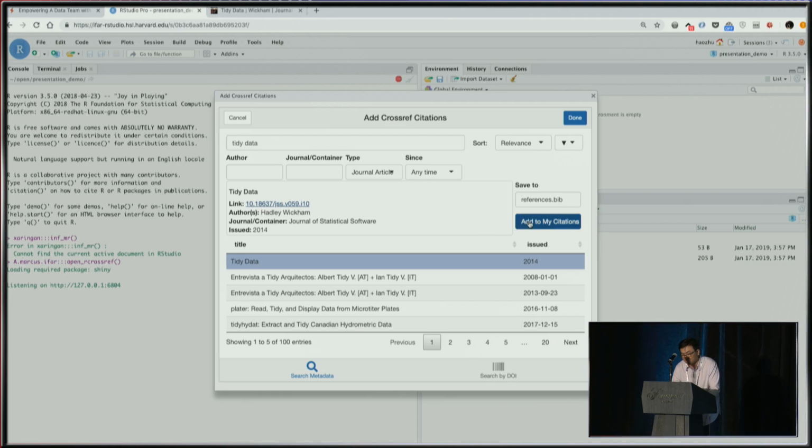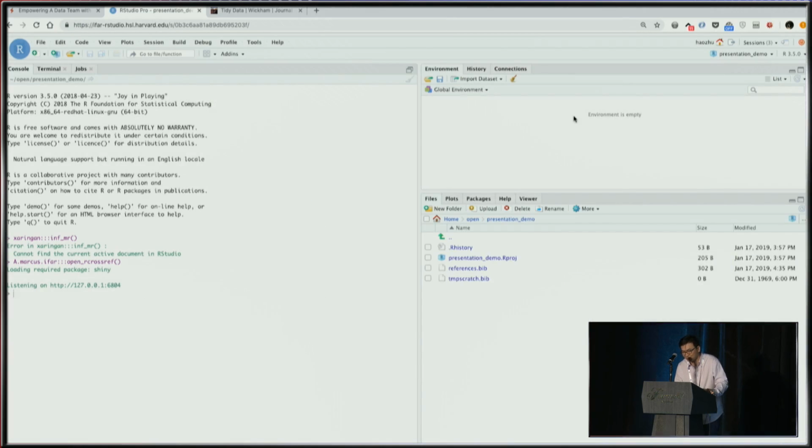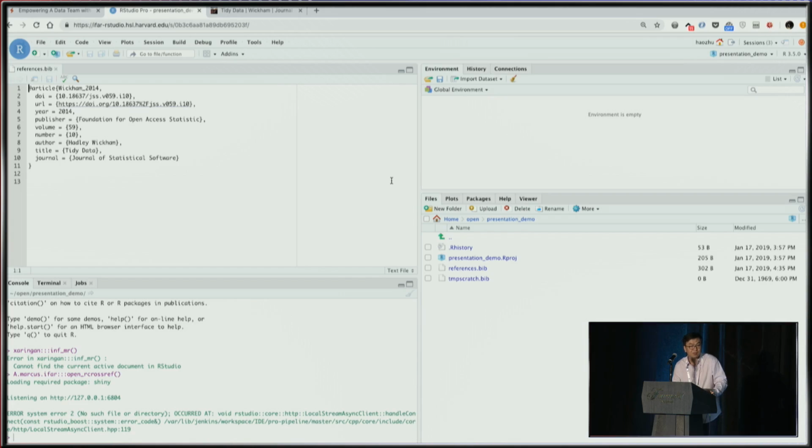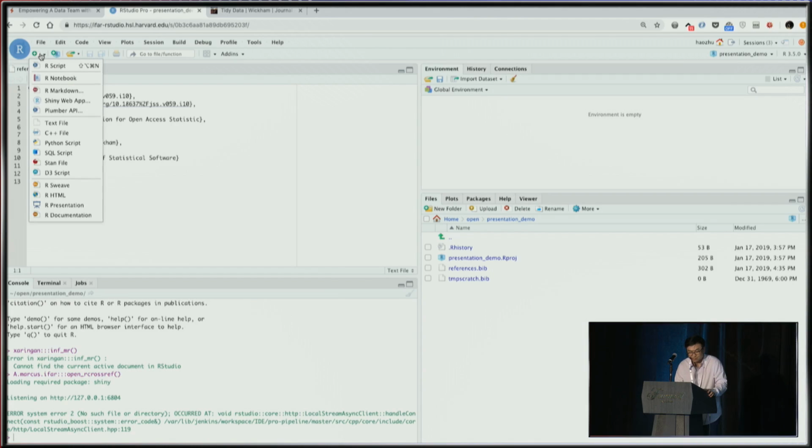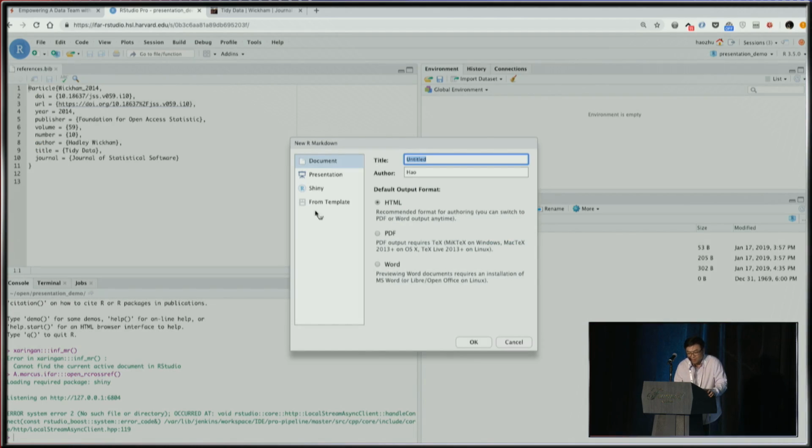And we can click this button, add to my citations, and after a while, since it's using all this API call behind the scenes, it says added. Well, it takes longer today, but yeah. If we click this, we'll be able to see, okay, this BibTeX file is already added here, just by searching. And if we create a new R Markdown document,